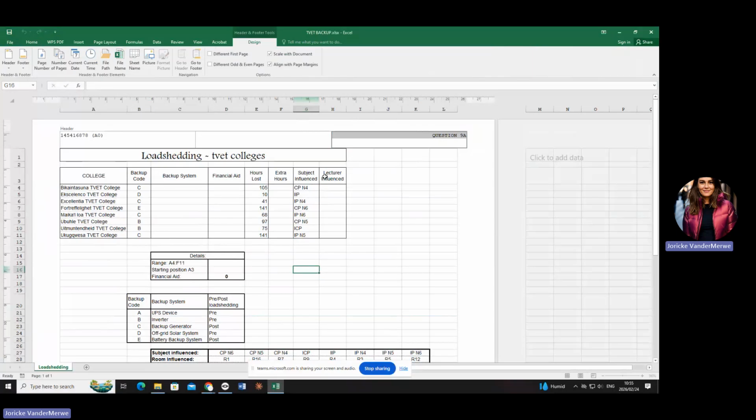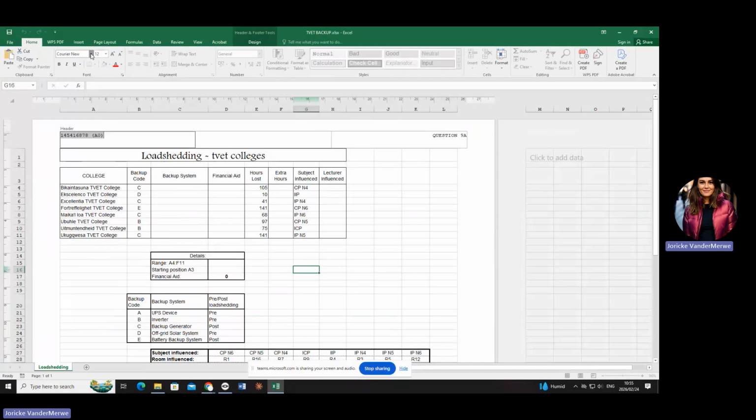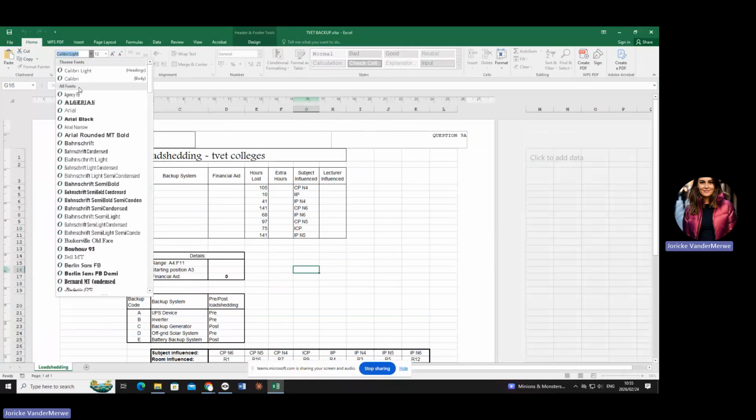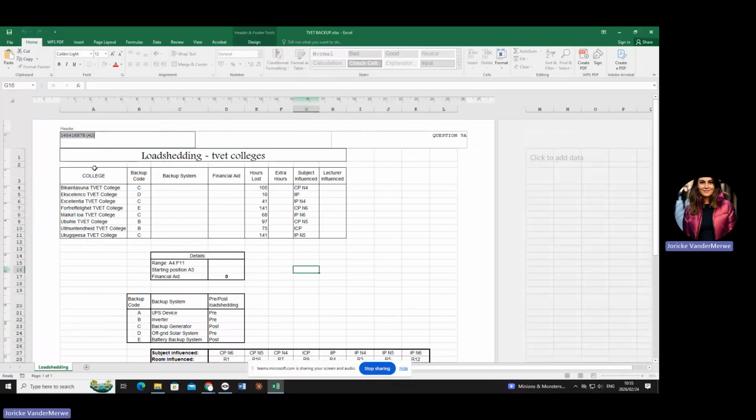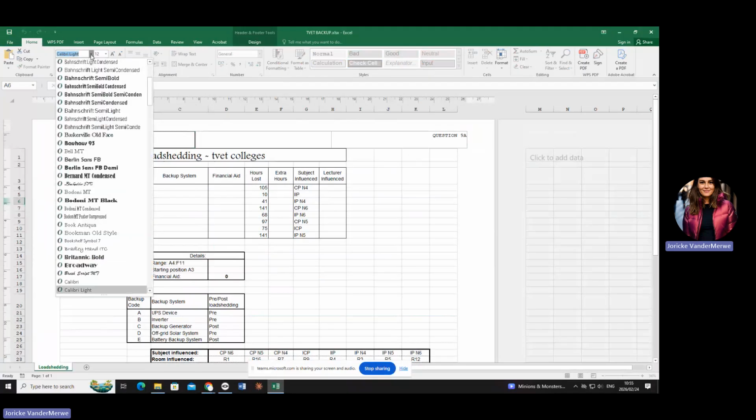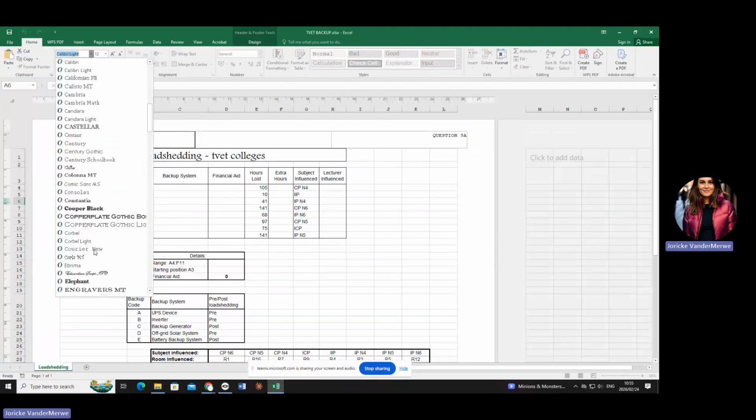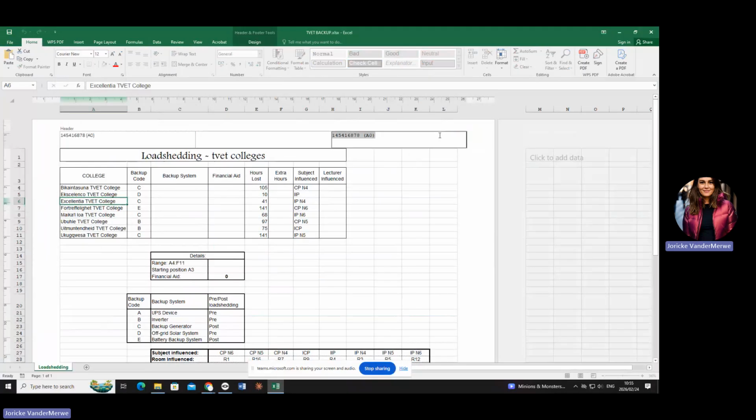Please make sure that you use the correct font size, it says 12 points. So make sure that your header is also in 12 points. They give you the letter size, and I think it was actually Courier New. Or you could use the other one, okay, they actually want Courier New. So let's make it Courier New. And then make sure that the rest of your document is also in Courier New 12.